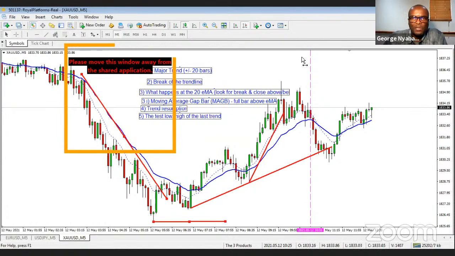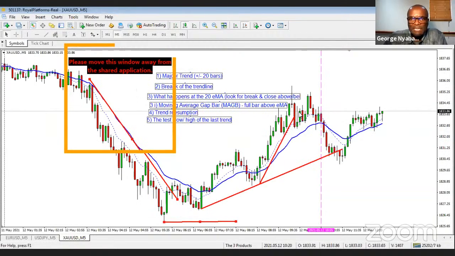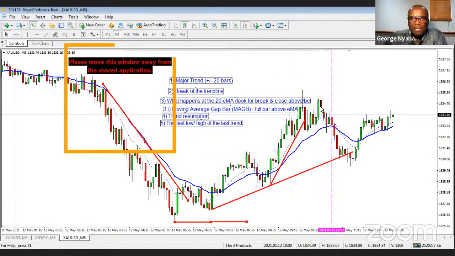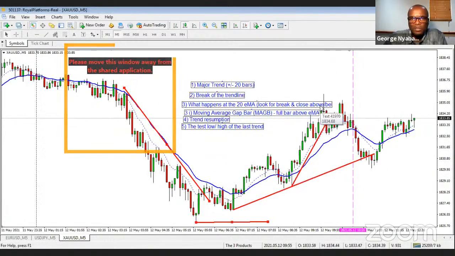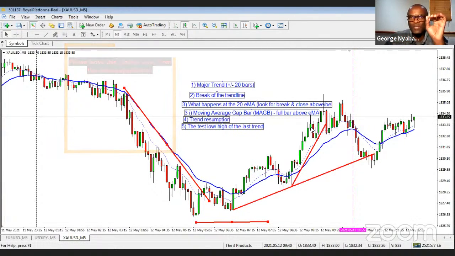So that's very important there. So you want to see what happens in the EMA to get a close above it. Yes, okay, good strength, and you could leave it like that and go straight to trend resumption, but get good strength. Now, if you also see a moving average gap bar, so there is a close above the EMA, because you might get,